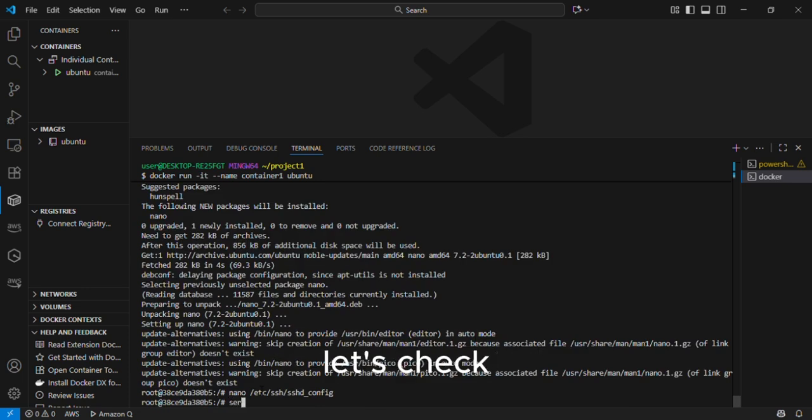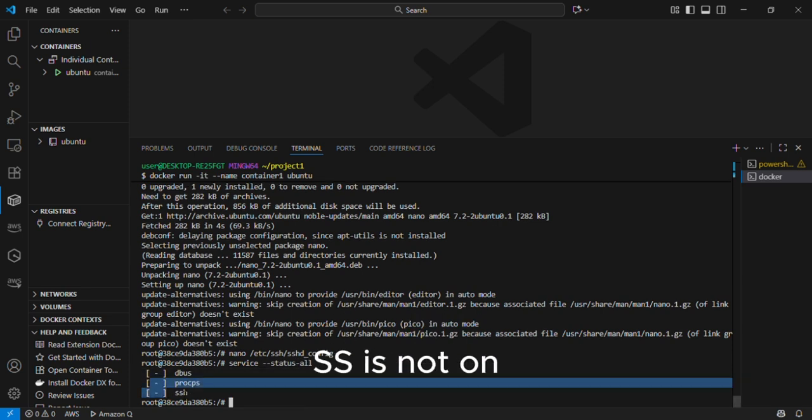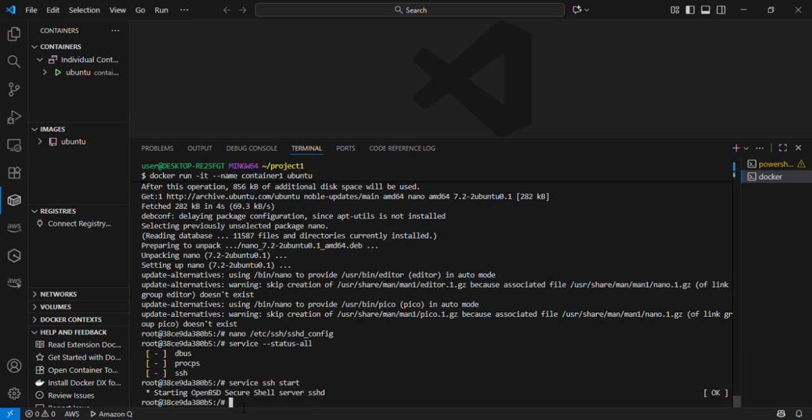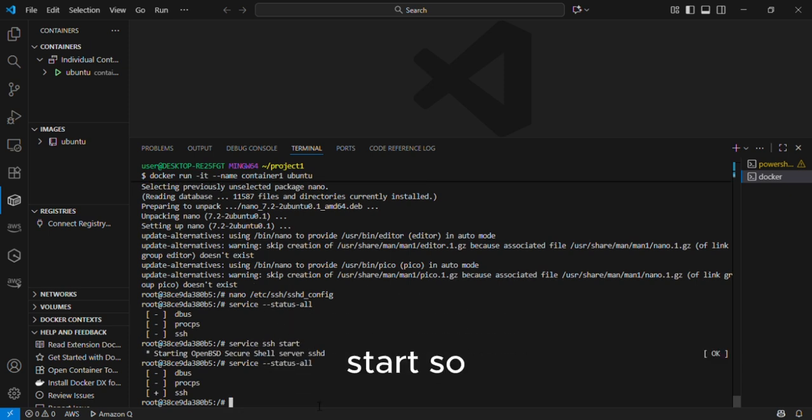So let's check the status of SSH. Let's see if SSH is already running. service --status-all. You can see SSH is not on here. It is minus. So let's do service ssh start. So you see it's starting. So let's run the former command, status. You can see now that it's plus. So let's go ahead and create